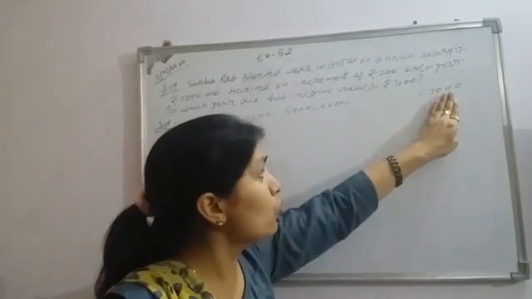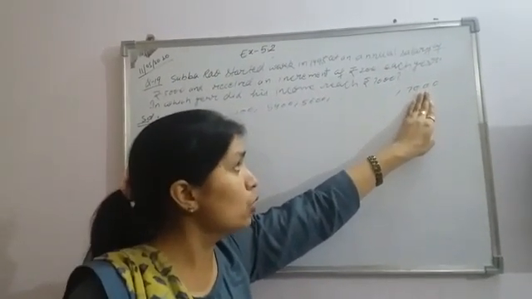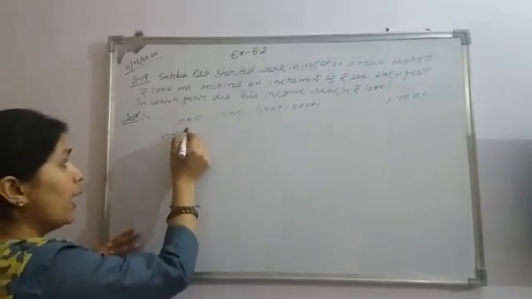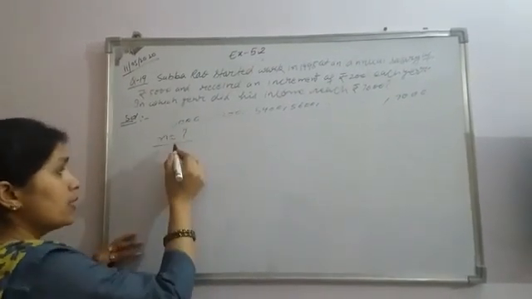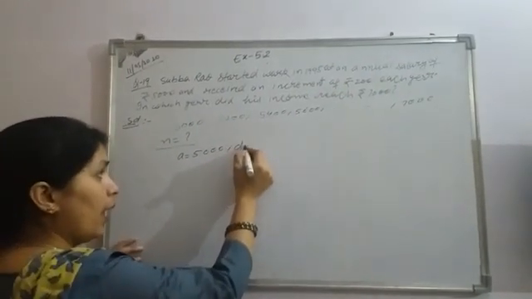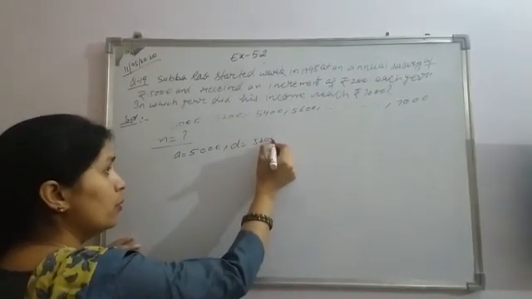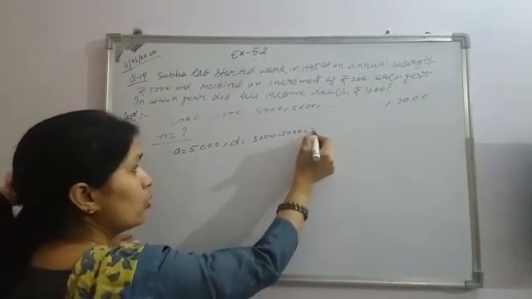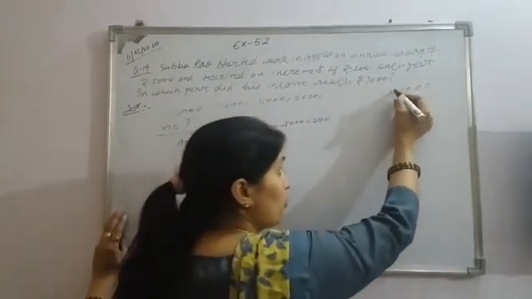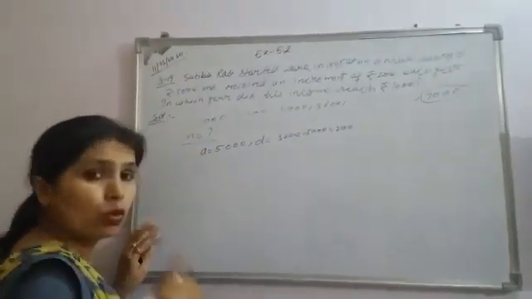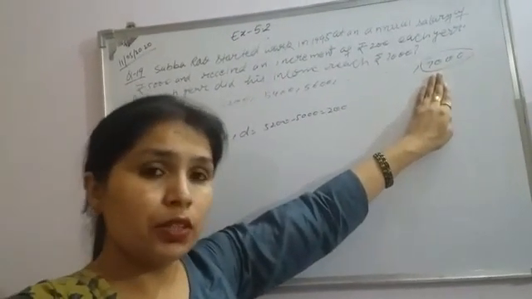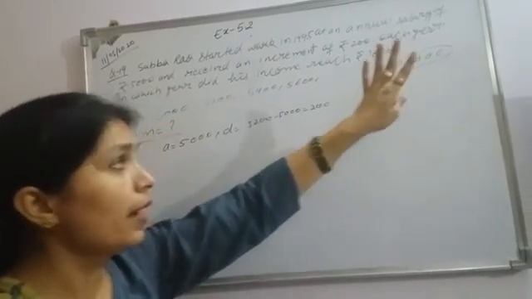Somewhere we also obtain a value equal to 7,000, but we don't know at what value of n this will be equal to 7,000. So we want to find out the value of n. In this AP, what is the value of A? A is 5,000 and d will be equal to 5,200 minus 5,000, so this value is equal to 200. Let us suppose this term is the nth term, because if n is not given in any question, generally we consider that this value is the nth term.